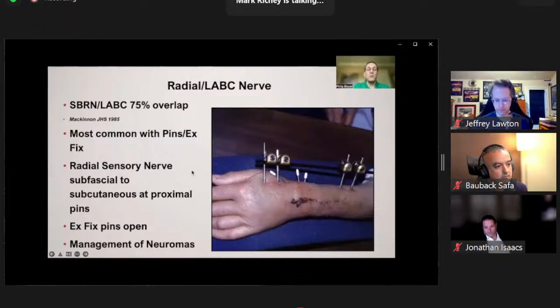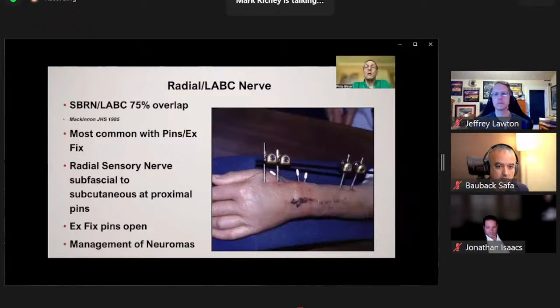It is worth remembering that the radial sensory nerve penetrates the fascia to go from being a subfascial to a subcutaneous structure right about at the level where the proximal Schanz pins are placed. And so most authors will advocate placing the external fixation pins around the distal radius, and particularly those proximal pins, via an open technique. When it gets to management of the radial sensory nerve and the lateral antebrachial cutaneous nerve, we get into the management of neuromas